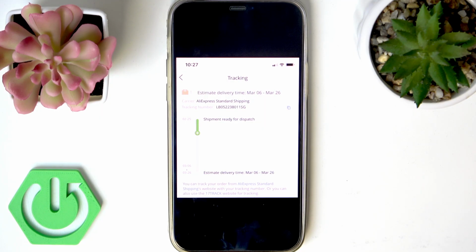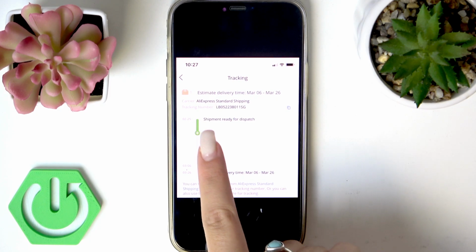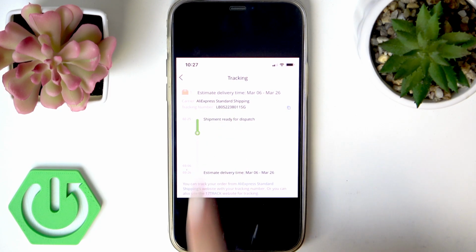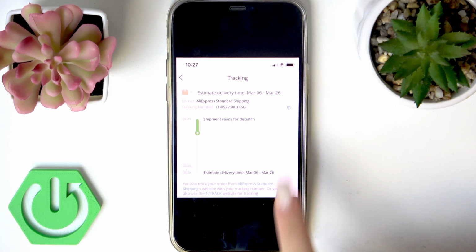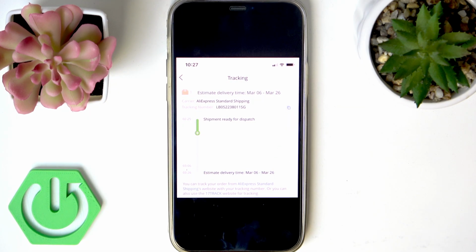But if you don't want to use the AliExpress application, you can also find your tracking number. So usually the tracking number is located at the top right here. So this is my tracking number, and you need to copy it by tapping this icon, or you can simply enter your tracking number manually, but of course it's more